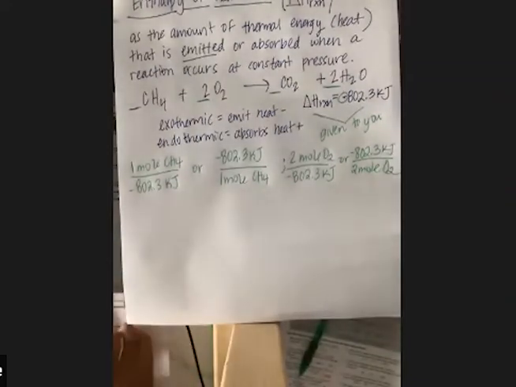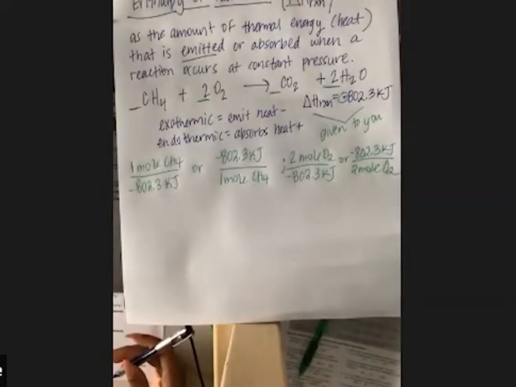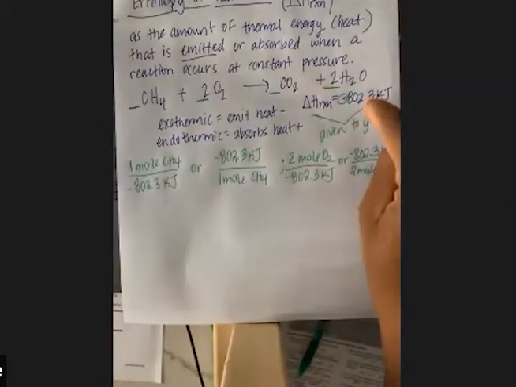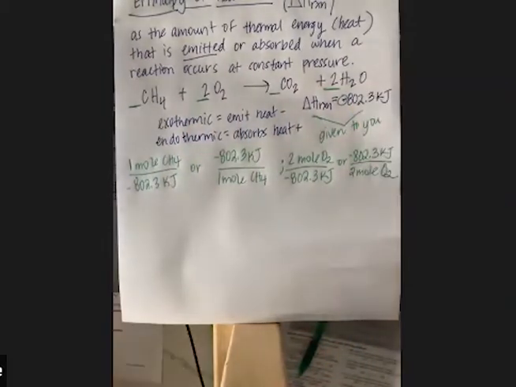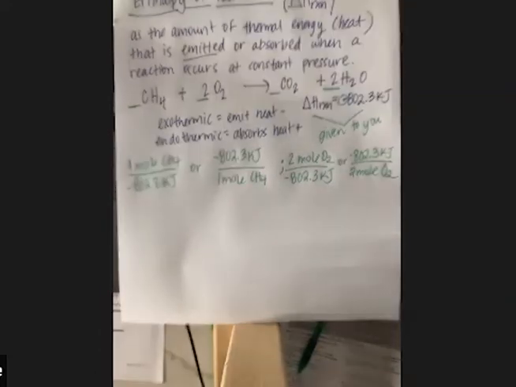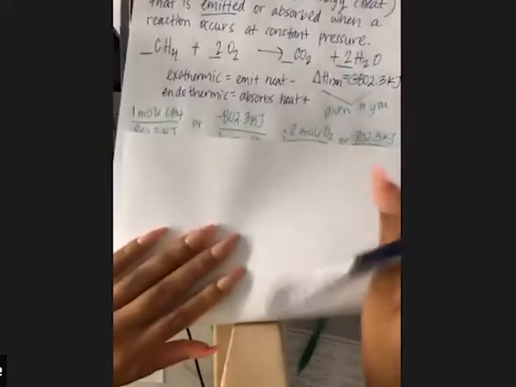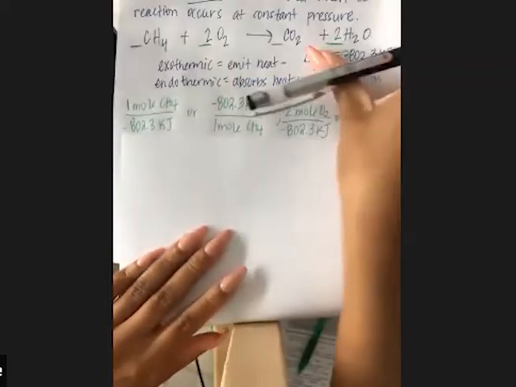All right, so we can set up calculations using these same ratios, but now we're just converting the ratio to the amount of heat. We can set up calculations to decide how much heat we get from any chemical reaction depending on how much starting material we start off with. So let's do an example. Let me get a new page to start an example. All right, my example says,